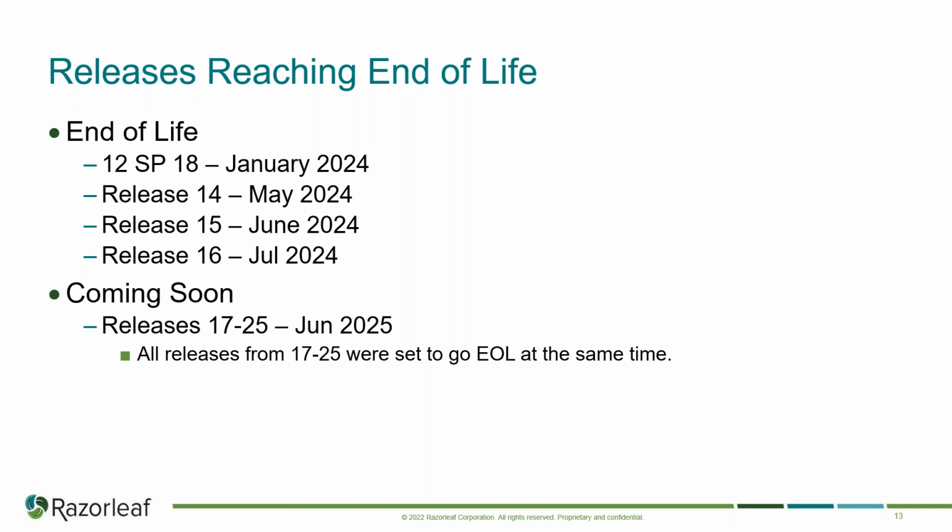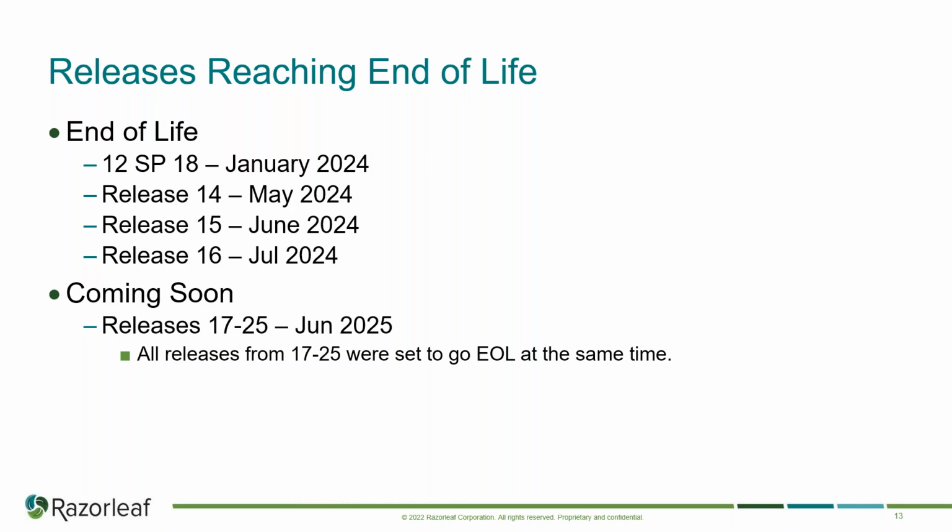So for end of life, obviously every release that is 12SP18 or older, so if you're still using 12, 11, those were set to end of life in January 2024, alongside releases 14, 15, and 16. Those are all end of life as of July 2024 as well. So if you are currently running one of those releases, you're running an unsupported version of Aras. If you're working with Razorleaf, reach out to us, reach out to Aras,